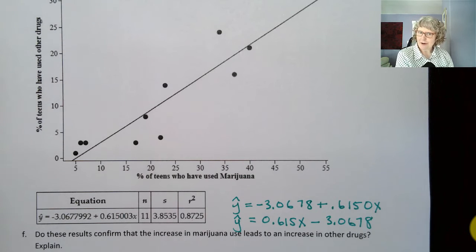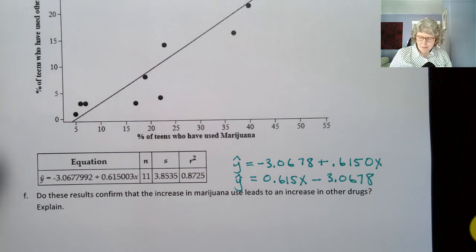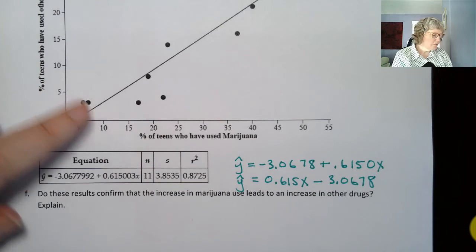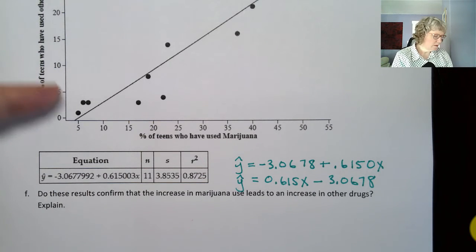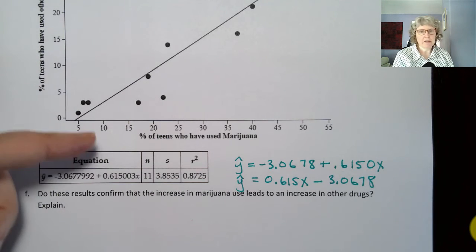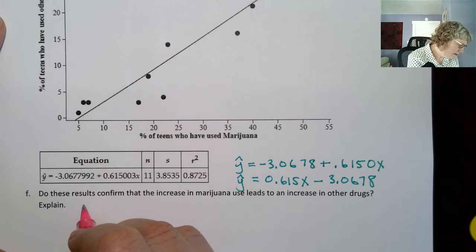Not necessarily, right? Remember, correlation does not mean causation. So can you think of some other factors that might be involved with both? First thing is there's no time here, so we don't know if any of these teens used marijuana and then the other drug, or the other drug and then marijuana. We don't even know the order in which things happened, right? So first I'm going to say no, because